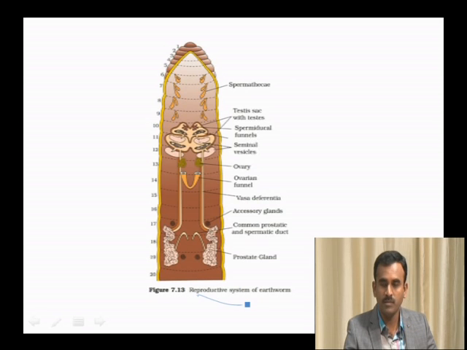Move on to the reproductive system of earthworm. Reproductive system of earthworm consists of spermatheca, which stores the sperms. Before this, earthworm is a hermaphrodite or bisexual animal which contains both male as well as female reproductive parts. It contains ovary as well as testes. In the 6th, 7th, 8th and 9th segment, you can see the presence of spermatheca, which stores the sperms, because earthworms